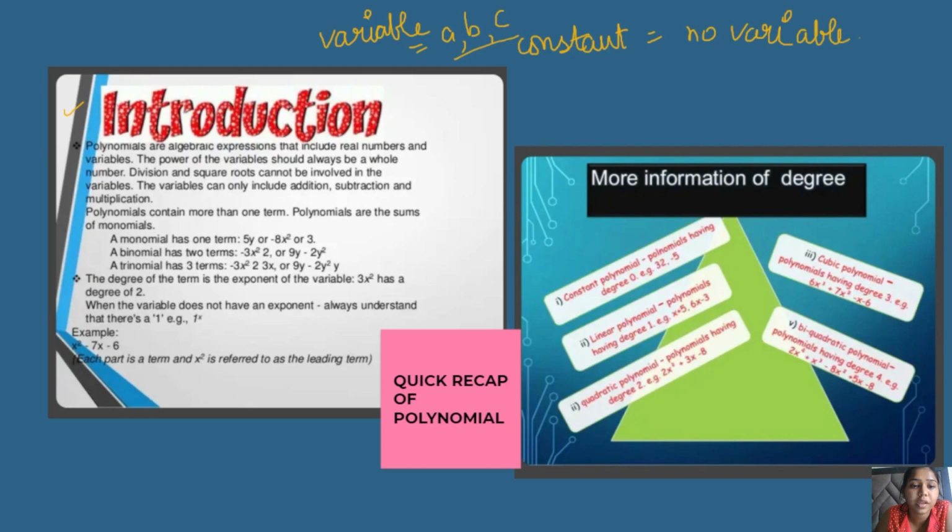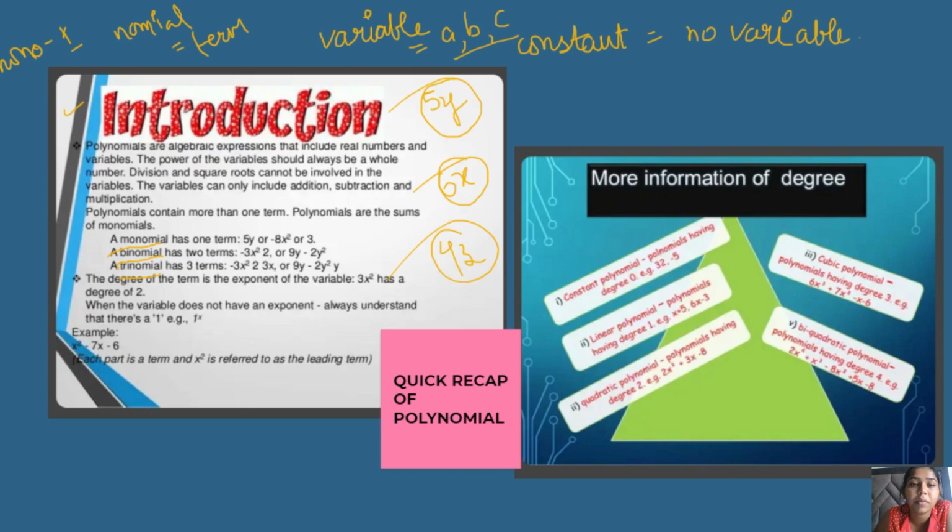Now the next thing that you have to know is what are the types of polynomials. So polynomials can be a monomial, a binomial, a trinomial, right? A monomial, as the name suggests, I told you that nomial means terms, and mono means one. It means it consists of only one term. It means 5y itself is a monomial, 6x is a monomial, 4z is a monomial, right?